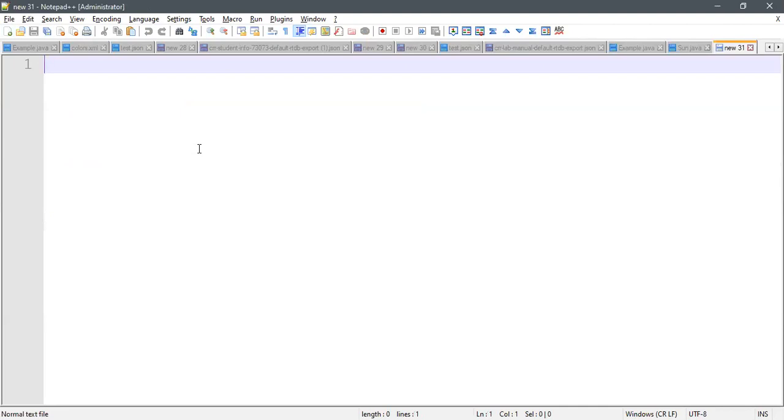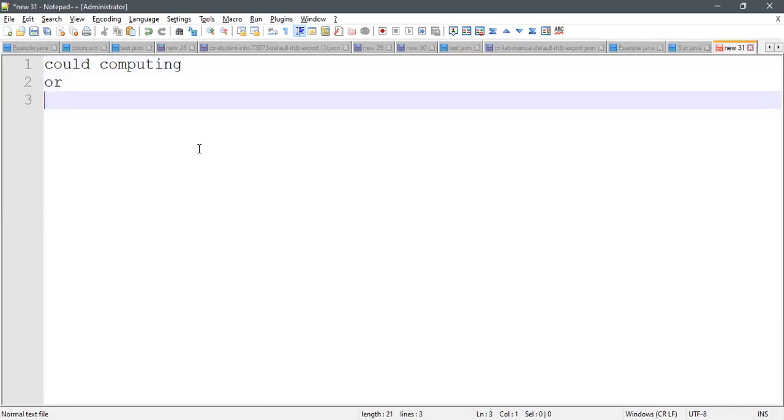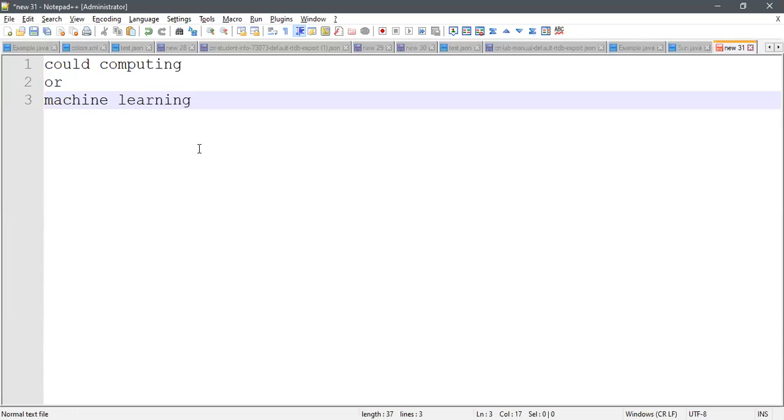See this one. If you want to get enriched, or if you want to build your career, just learn cloud computing or machine learning. Cloud computing is good for Java and C sharp.